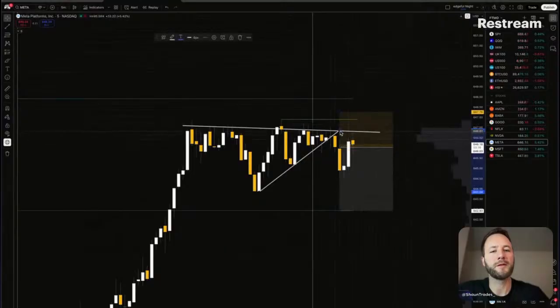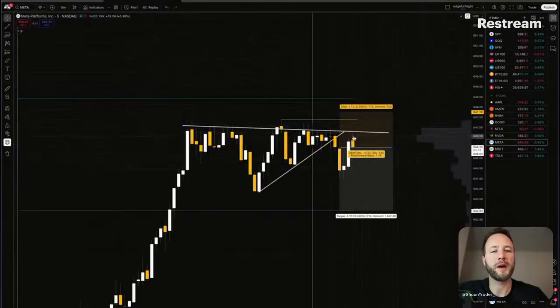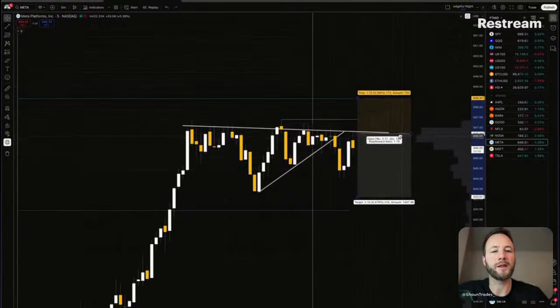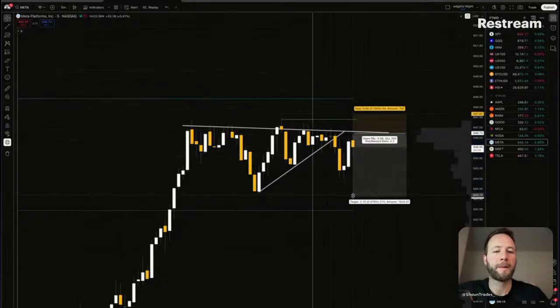I just don't want to right now. Not with SPY moving up. Everyone's different, of course, but that would have been. So you could have again entered here if you wanted to, on the retest of resistance, and had that stop loss even tighter. That probably would have been a good idea, but